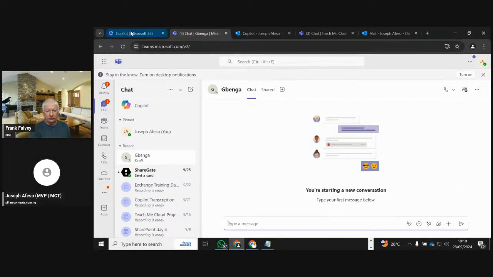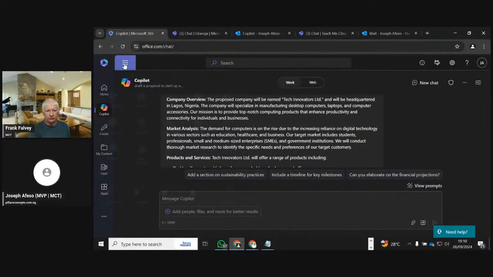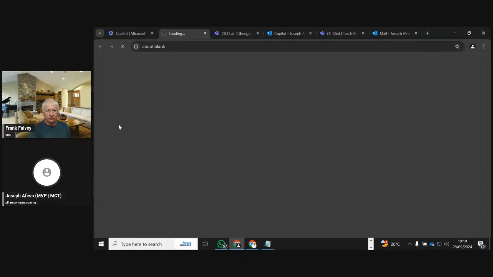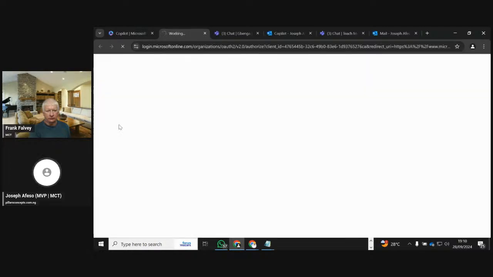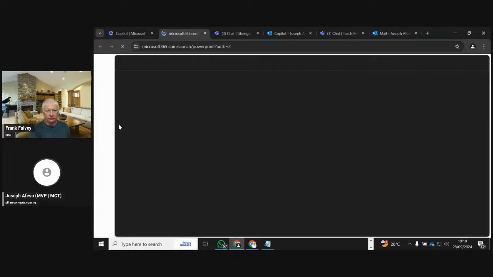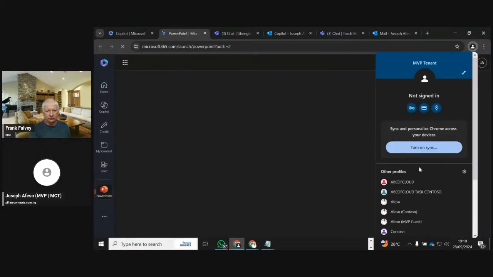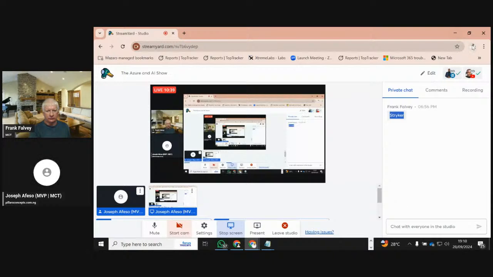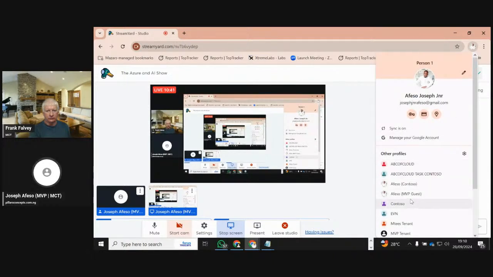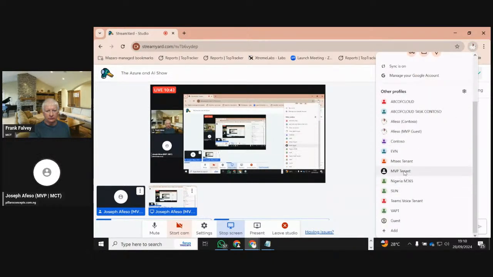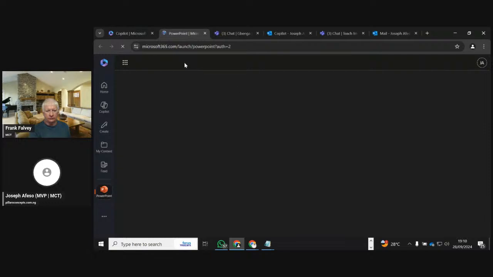And then if we come to one of the most used applications, I mean, one of the applications where Copilot is, in my opinion, most used, is the PowerPoint. We also have prompts that are going to be showing up for us. So what we are looking at is inside the PowerPoint,